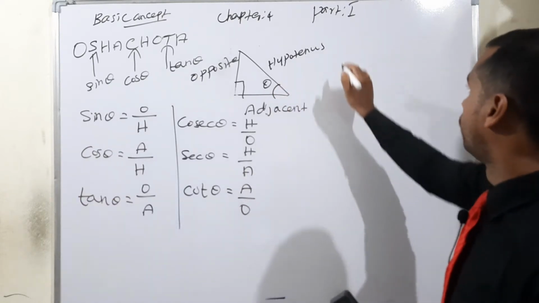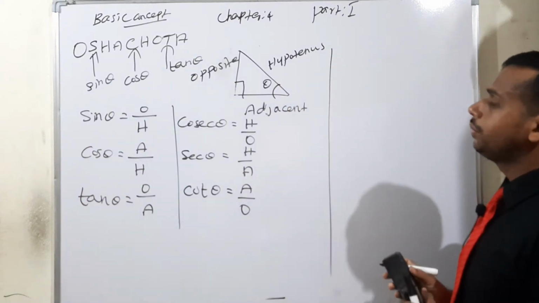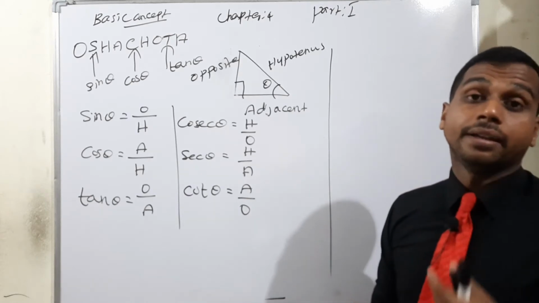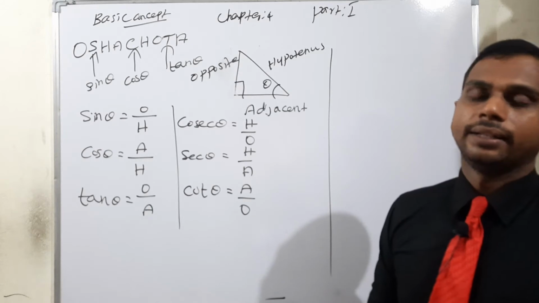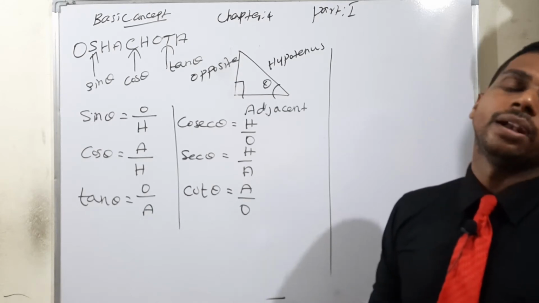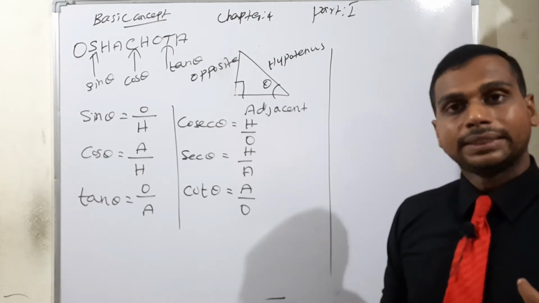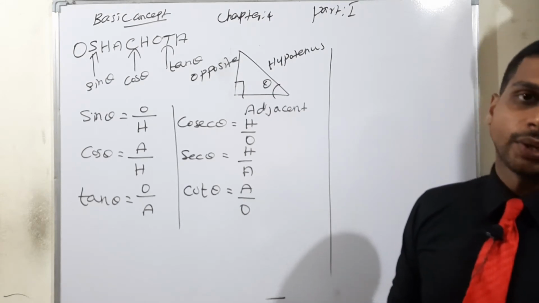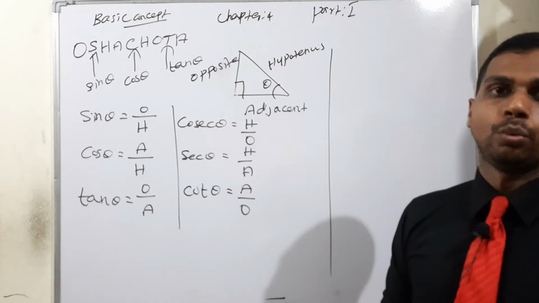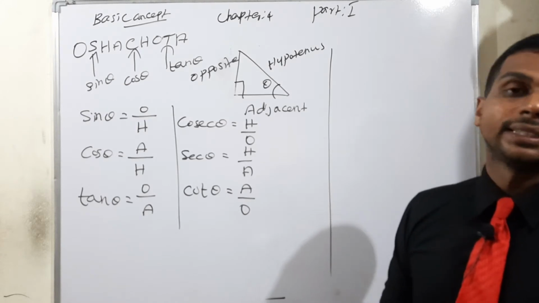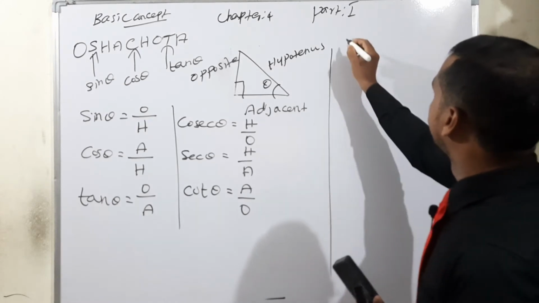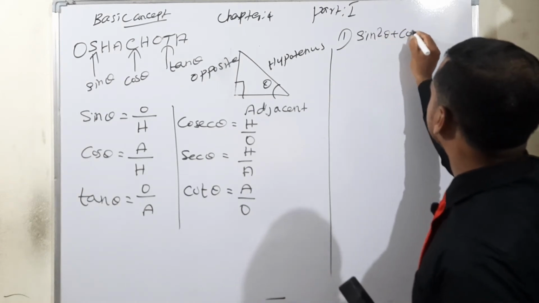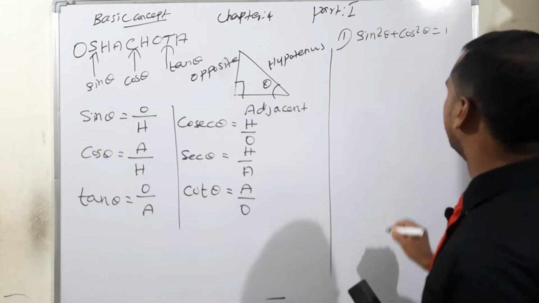Okay, now I am moving to the continuation of the concept, that is the basic three identities. I think you already learned them from grade 9 onwards. The basic identities are: sin square theta plus cos square theta is equal to 1. Then secant square theta minus tan square theta is equal to 1. Then cosecant square theta minus cot square theta is equal to 1. The first basic identity, what did I say? Sin square theta plus cos square theta is equal to 1.